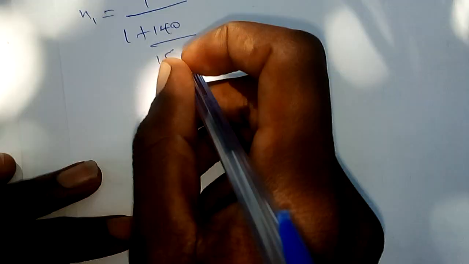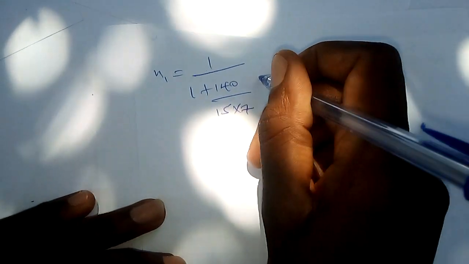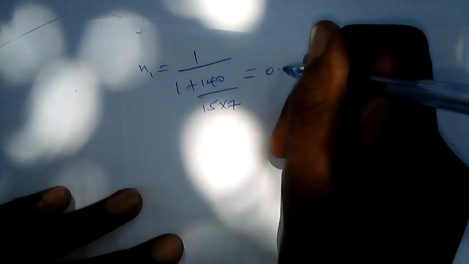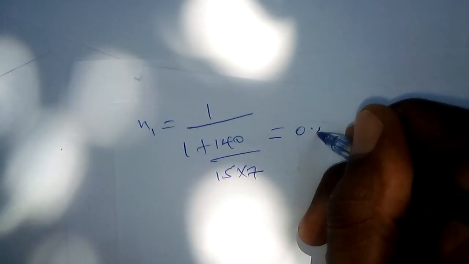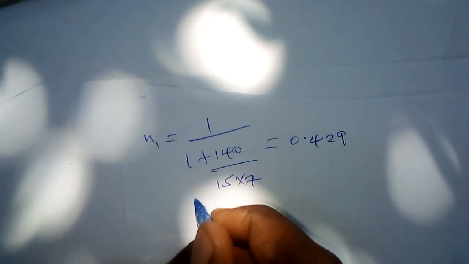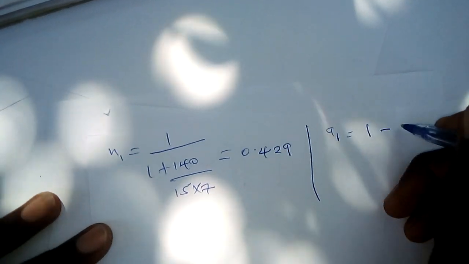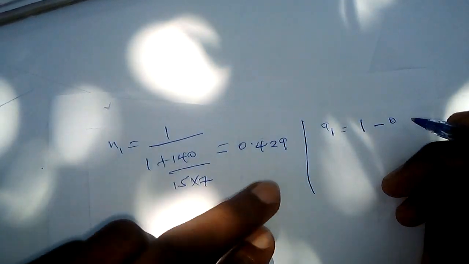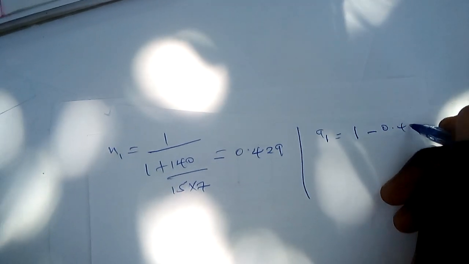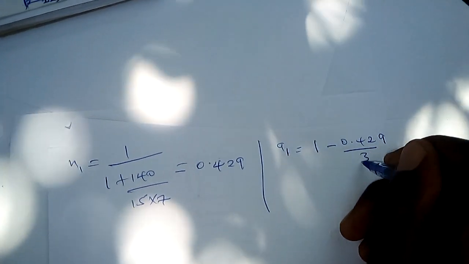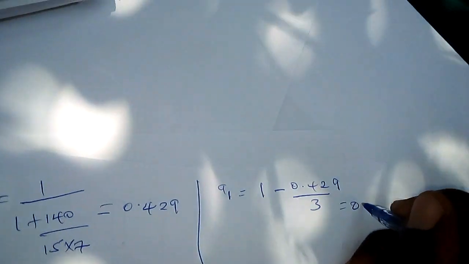So we have multiply by 7. When you simplify it, you will get your answer as 0.429. And a1 is 1 minus n, which is 0.429, all over 3, and the answer is